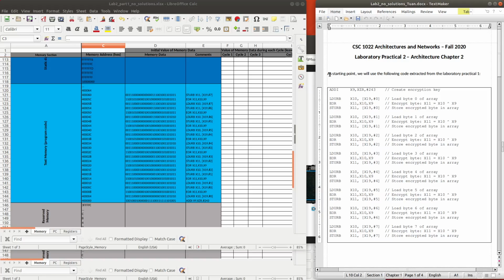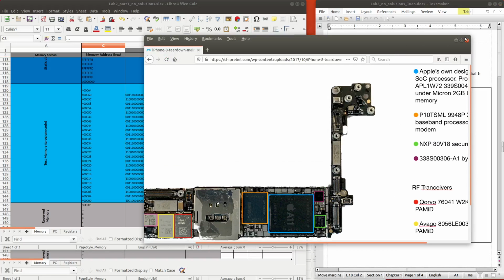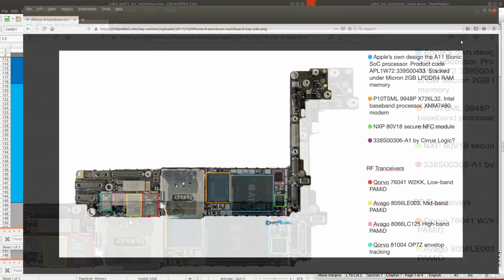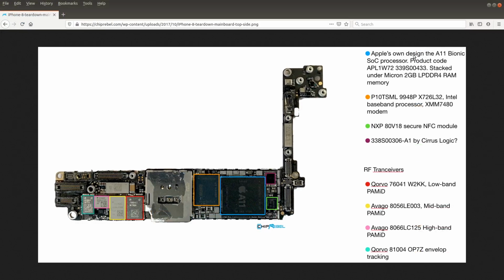As I said before, our code will work on iPhone 11, iPhone 8, and I searched the document before, and here is an image of a chip, a circuit inside the iPhone 8. It uses the A11 Bionic system on chip processor.